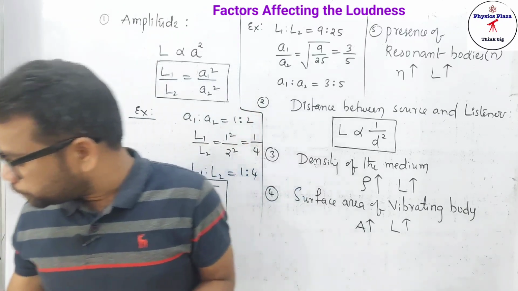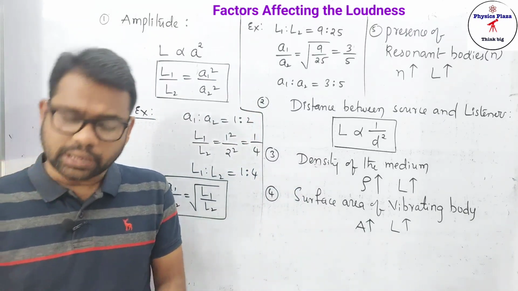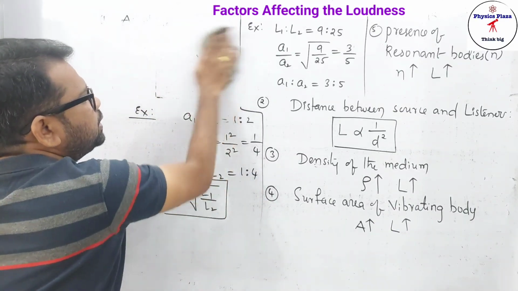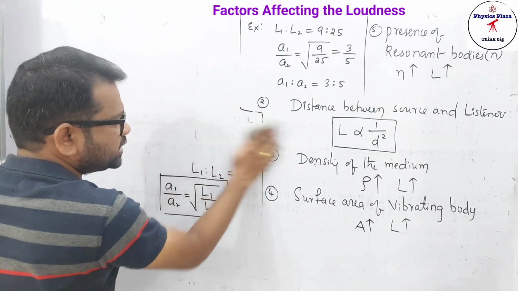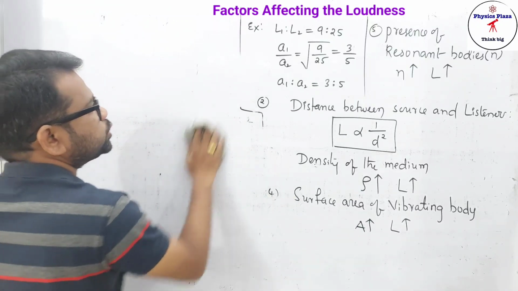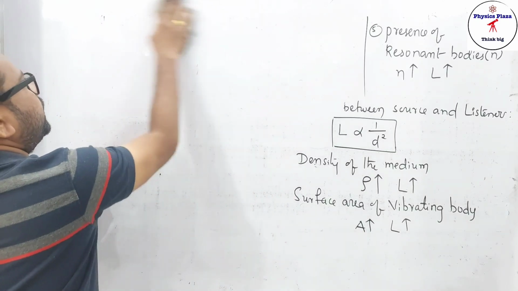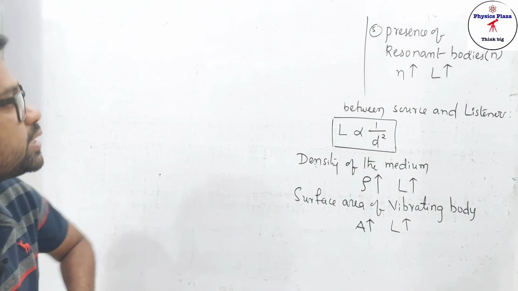But here children, from an examination point of view, we will see how a question can be asked. One more question we will see. Based on the diagram, children, diagram-based questions can also be expected. Now we will see, so that you will get a complete idea about this loudness. Okay, now fine. Look at here. So two questions can be given like this.